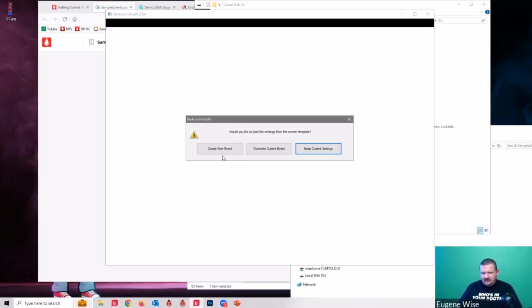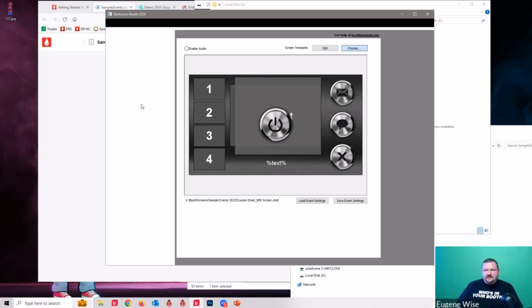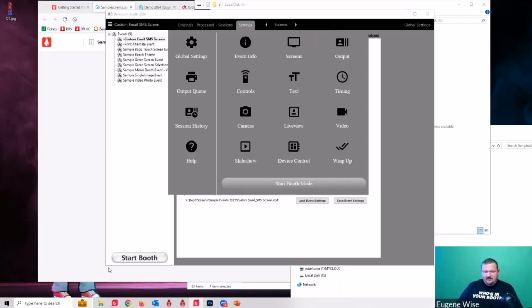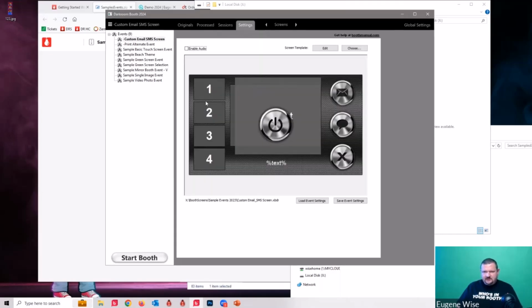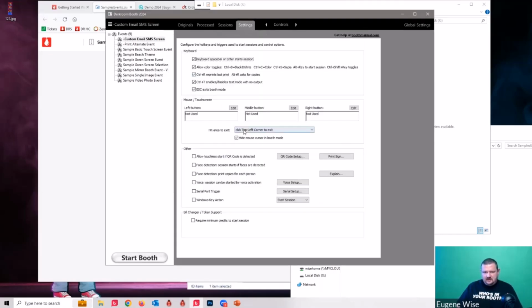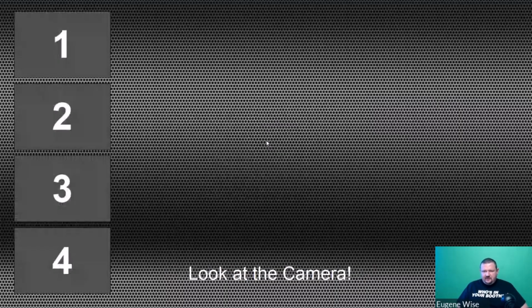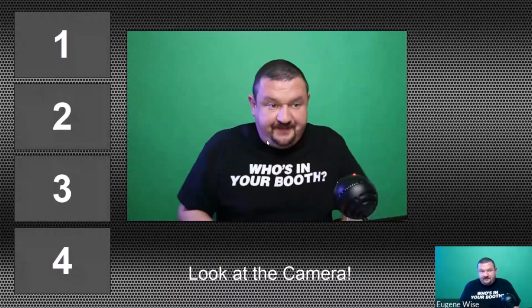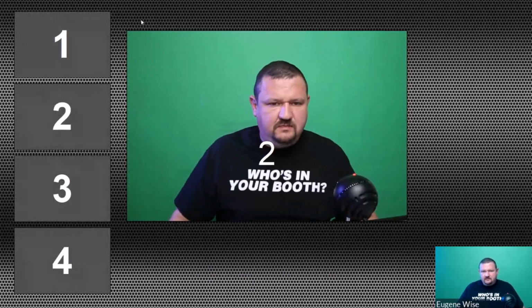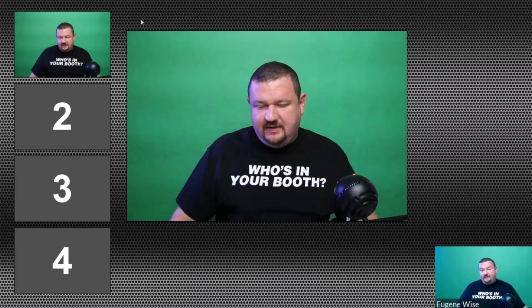This one, because we don't have a lot of time to go over how it's all set up, I just wanted to show you. Create a new event. So go into my controls and unhide my mouse so I can see what I'm doing. So it's going to go through, take 4 photos. And that should, instead of the normal layout,